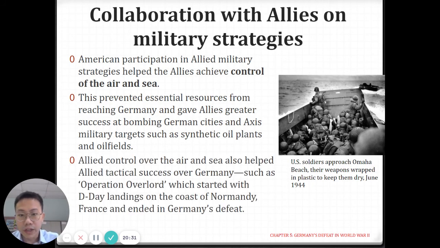And Allied control over the air and sea, they help them in tactical successes. So basically, this collaboration with the military strategies, helping them to attain control over the air and the sea, it eventually contributed to the final success over Germany, which is called Operation Overlord. This basically is an entire operation to plan